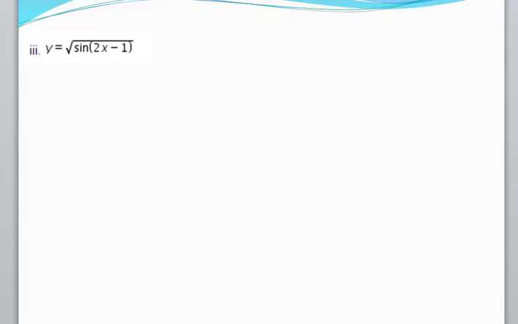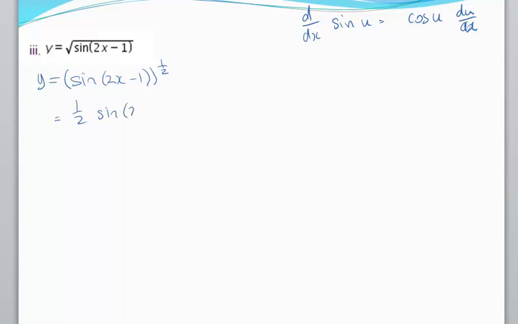Okay, so keeping on working through this one, here we're going to be bringing together more of our rules again. So we're going to write out the rules that we do know that are involved. d on dx of sine u is cosine of u du on dx. And we write it out, so y is equal to sine of 2x minus 1 to the power of a half. So to work through this one, we multiply our half down, we're going to have a half u to the minus a half, so a half sine of 2x minus 1 to the minus a half, subtracting 1 from a half, times,